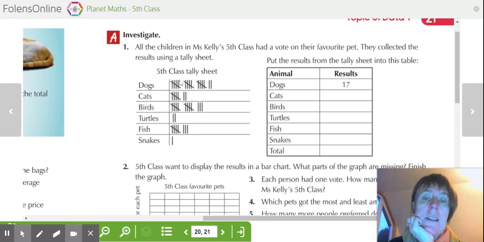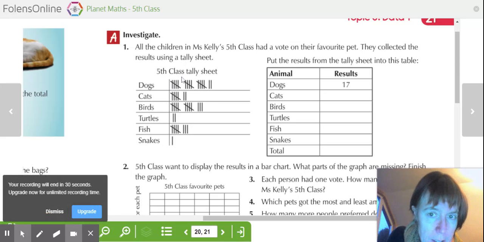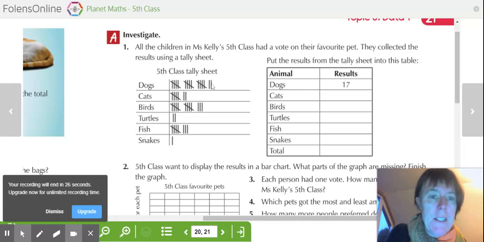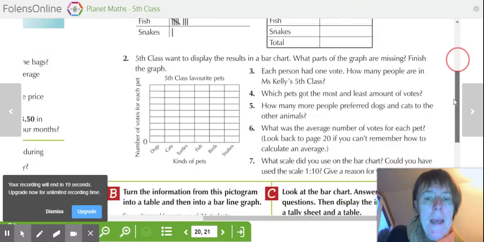Now, tally sheet, see these tallies? Very handy. 1, 2, 3, 4, 5. Each of these little matchsticky things here represents one pet, and you put 5 pets together in one of these. So we can count 5, 10, 15, 17. And there's the dogs. So I want you to copy those, and I want you to make the bar chart